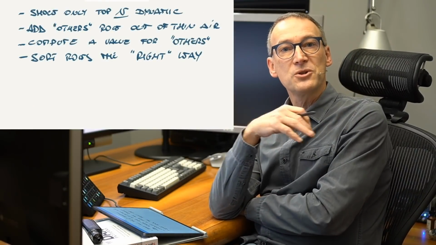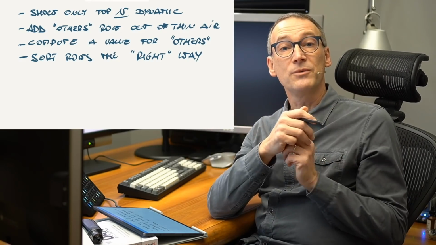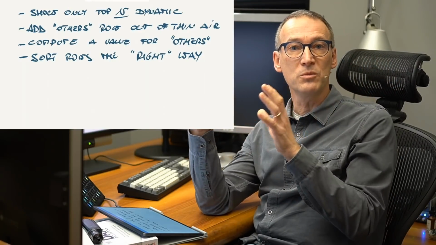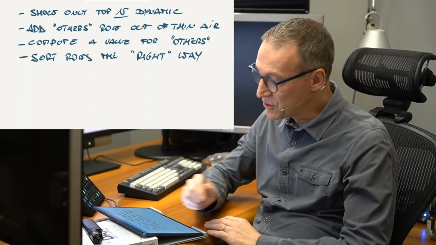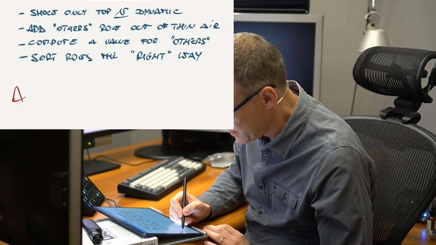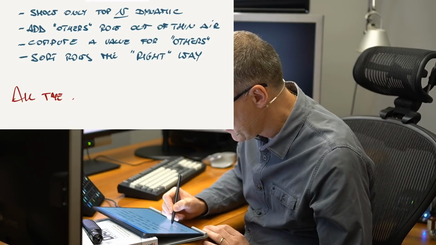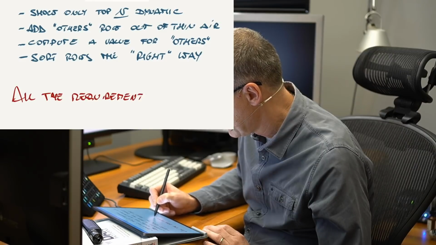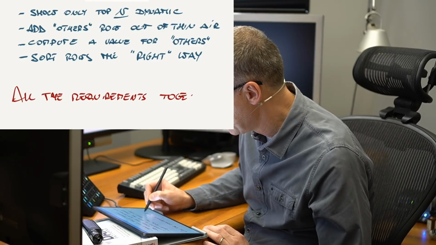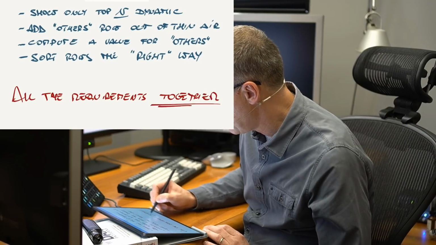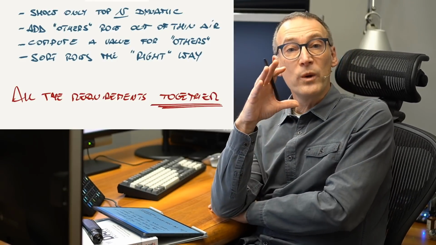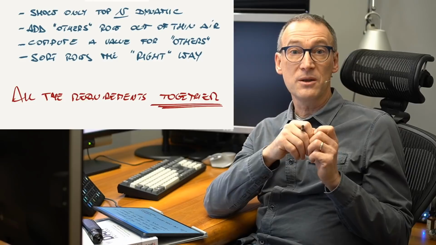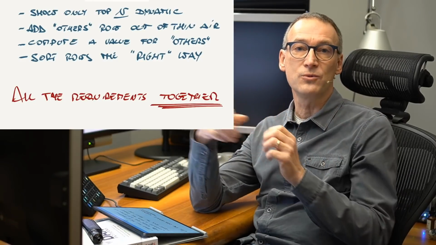Now we have the list of all the details that we need to worry about, and we will solve the problems one step at a time. So we start from the first one and then we move to the different ones. But we need to pay attention to one important detail. That is, all the requirements need to work together. And this is the most complex part, because we will need to find a solution for every individual step, taking into account the fact that we have all the other requirements.